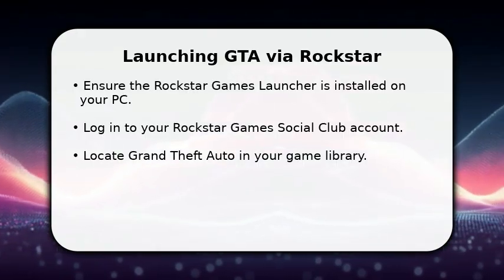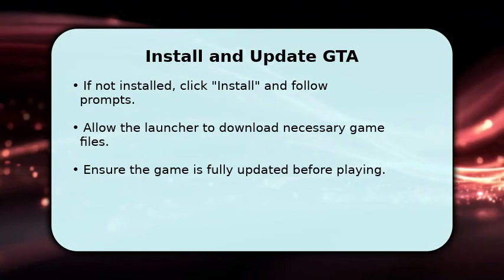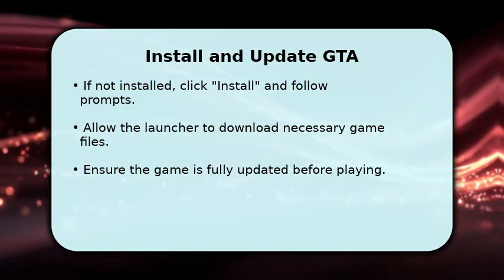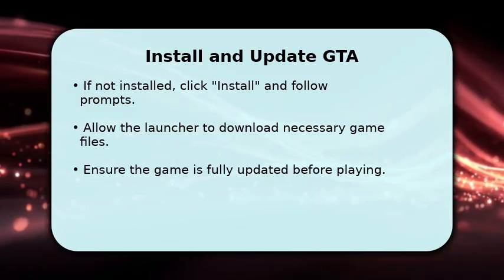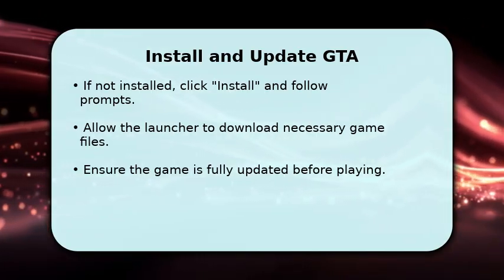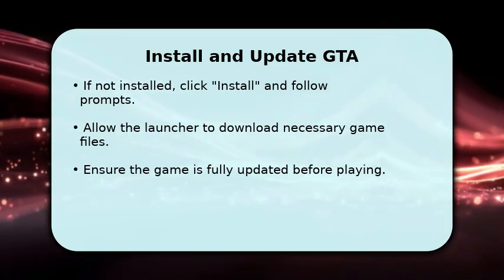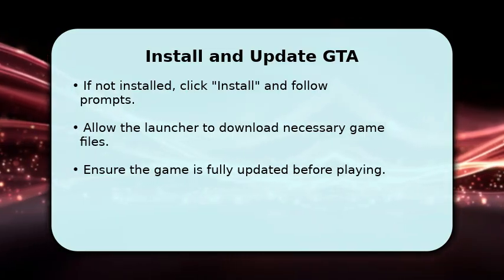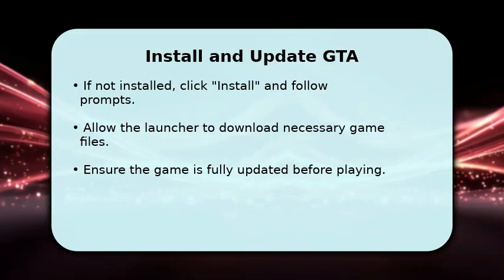It's a straightforward process to get started. If Grand Theft Auto isn't already installed, simply click the Install button and follow the on-screen instructions. The launcher will then begin downloading all the required game files to your system. It's crucial to let this process complete entirely. Once installed, the launcher will automatically check for and apply any available updates, ensuring you have the latest version for